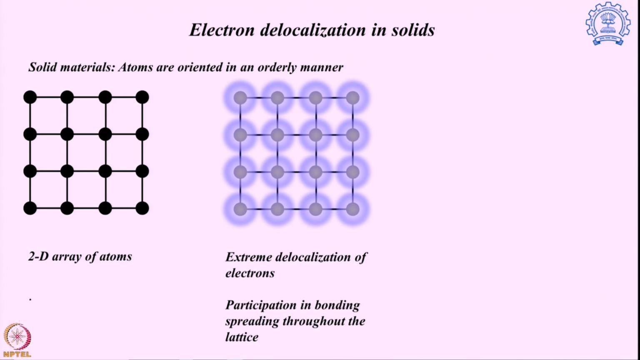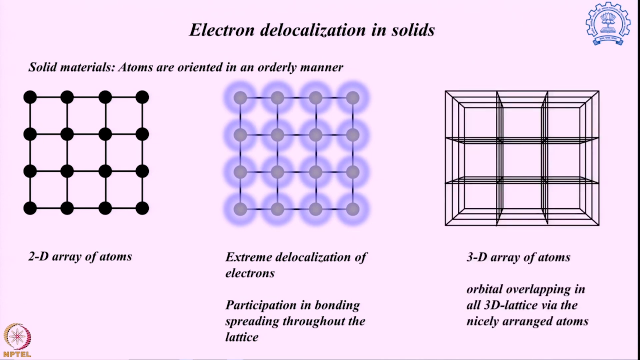Now what happens when we talk about the three-dimensional structure? In the two-dimensional structure we found that the atoms are all interconnected and they can interact, and the same is true also for this three-dimensional structure. Through these particular spaces all the electrons are actually connected to each other, and through this